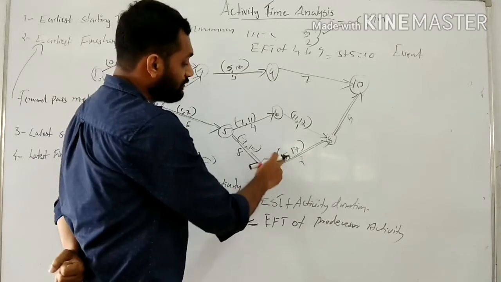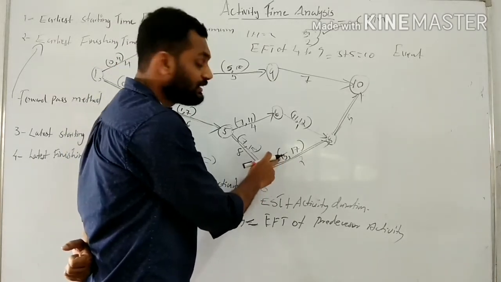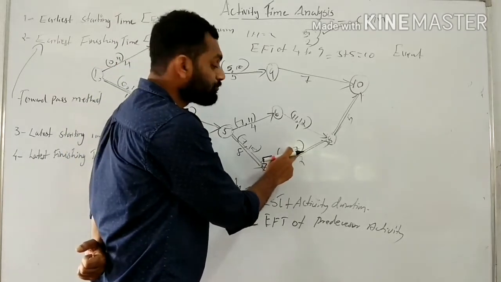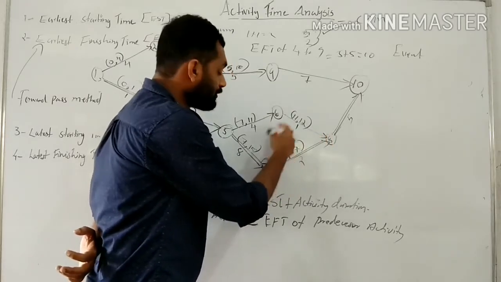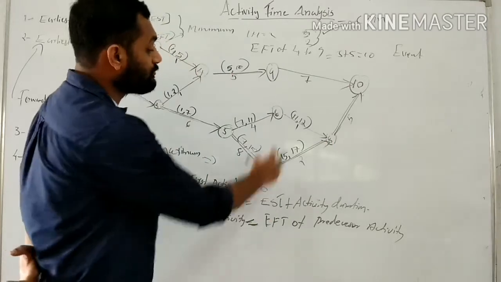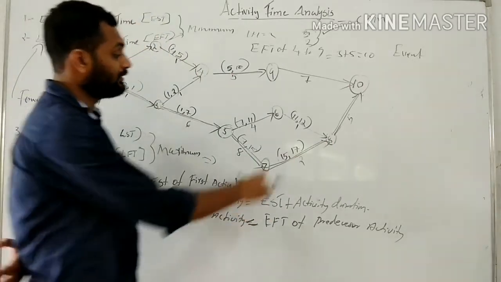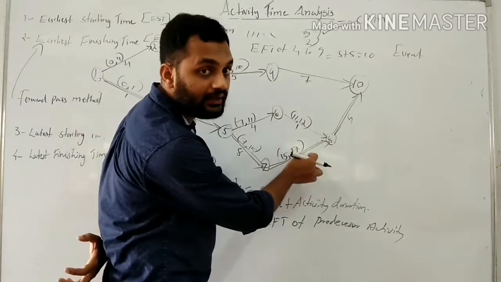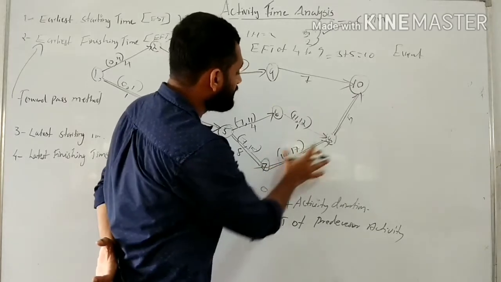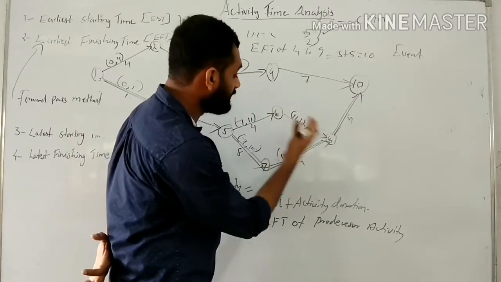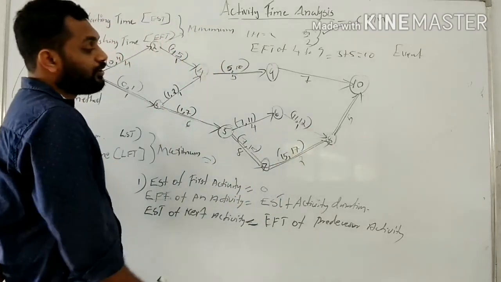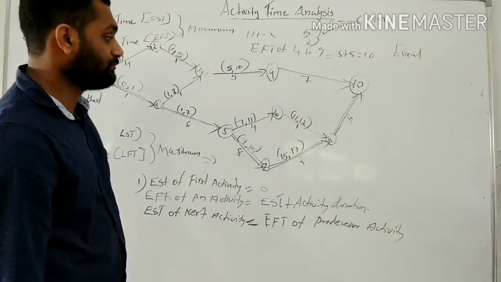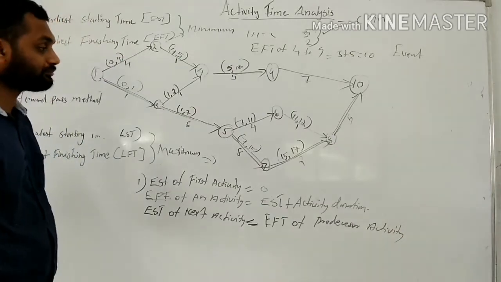15 days കൊണ്ട് minimum 15 days വേണം start ചെയ്യാൻ, maximum 17 days. Up to a maximum of 17 days, otherwise the project will go to delay. That is 17 days കൂടുതലാണെങ്കിൽ ഈ ആക്ടിവിറ്റി കംപ്ലീറ്റ് ചെയ്യാൻ 17 days കൂടുതലാവാൻ പാടില്ല. If you take more than 17 days, it will delay the project duration, the project time.